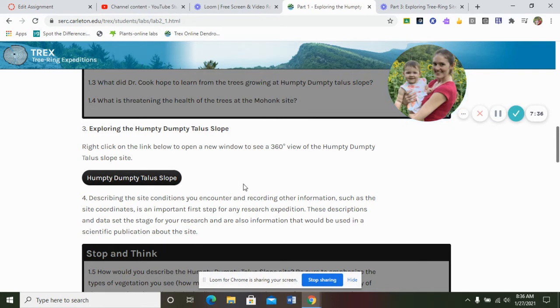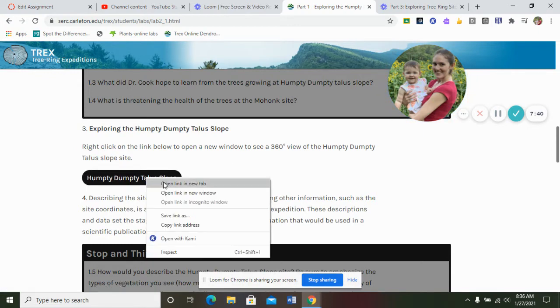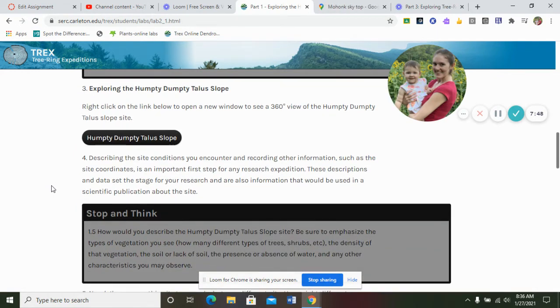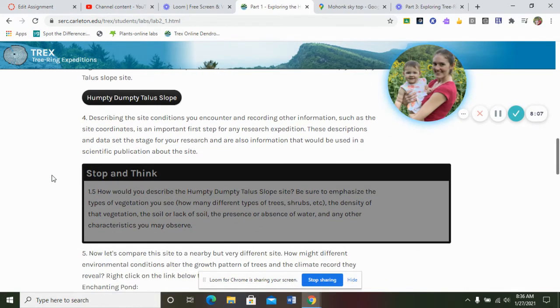Right-click on the link below to open a new window to see a 360 view of Humpty Dumpty Talus Slope. And then describe the site conditions you encounter, recording other information such as the site coordinates. It is an important first step in any research expedition. These descriptions and data set the stage for your research and are also information that would be used in a scientific publication about the site. So we're going to be able to answer this next question, question number 5,